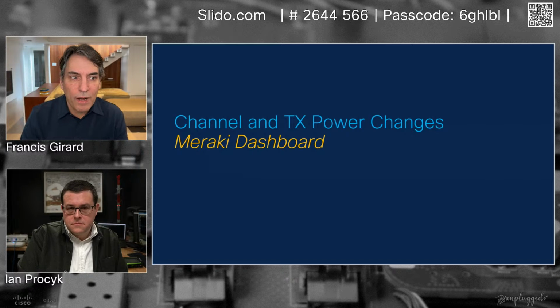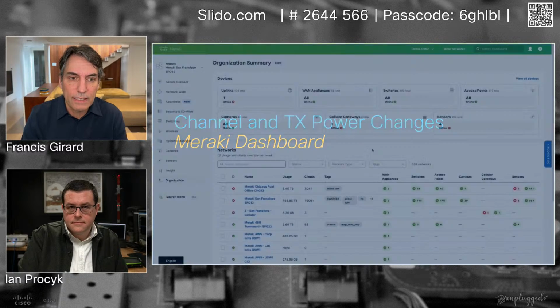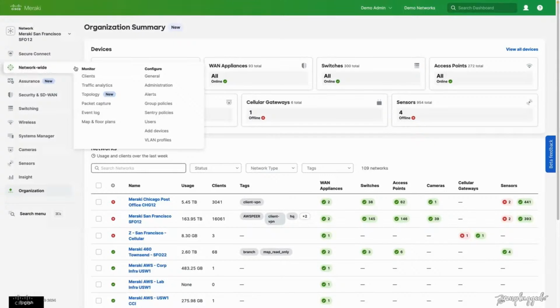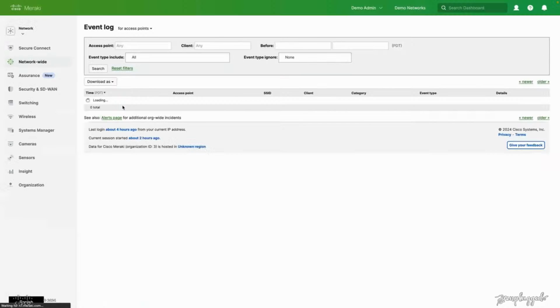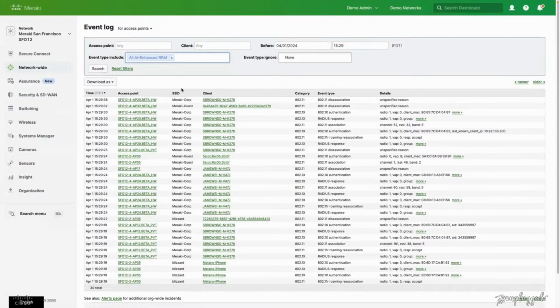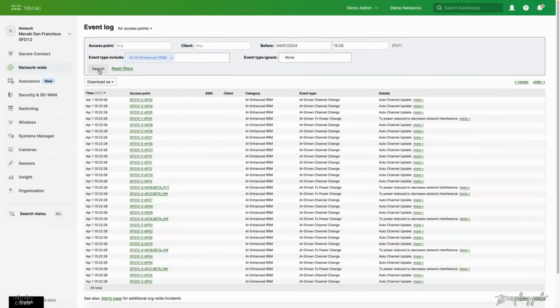Now, moving along to the Meraki dashboard, we actually have something coming along which looks the same way. Today, if I want to see channel changes, I actually need to go to logging. I don't have a dashboard specifically for this. So I'm going to go into network-wide, go to logging, event logging, and actually do a search. Now, what am I going to search on? I'm actually going to search on AI Enhanced RRM. So there we go. And I'm going to click all events and filter, and I'm going to see what's been